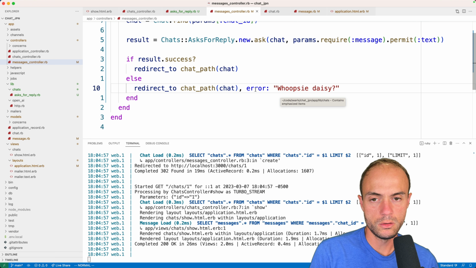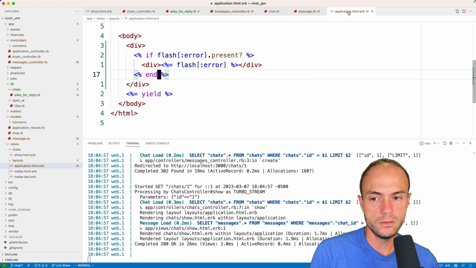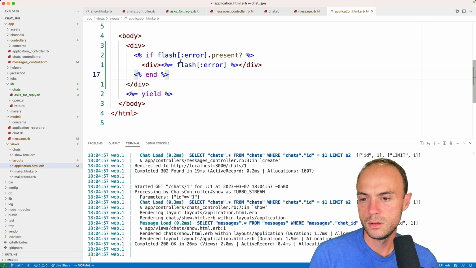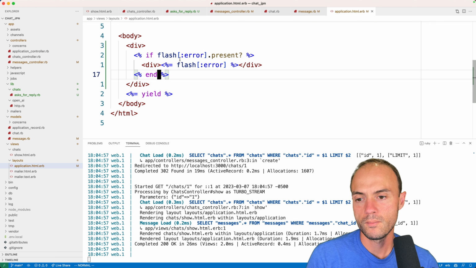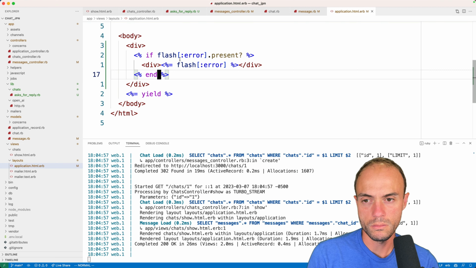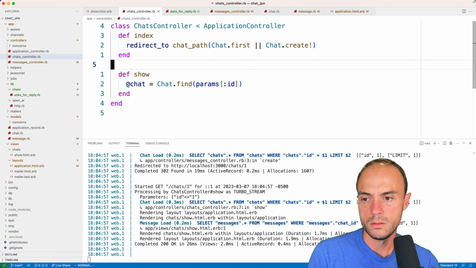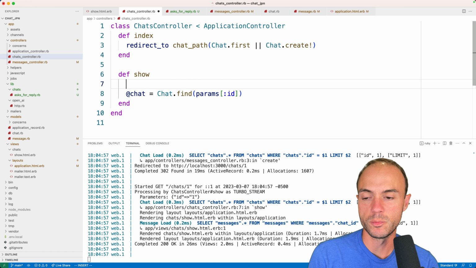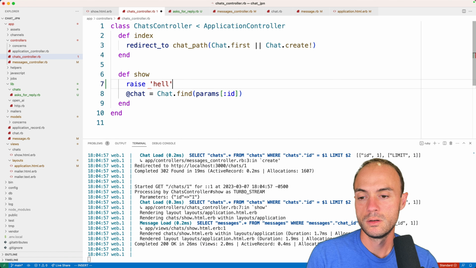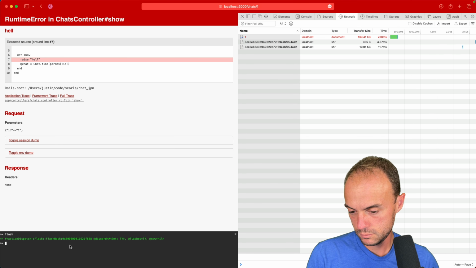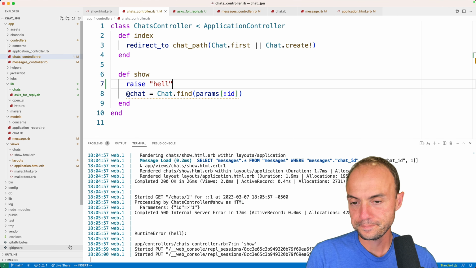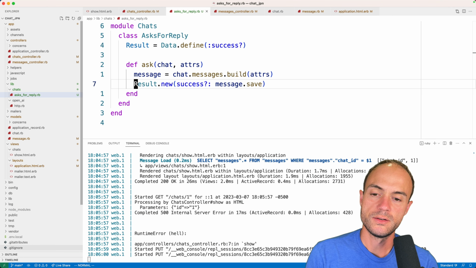Redirect to with error. I check the layout. Flash error. If flash is present, render the error. Oh, shit. Nope. Never mind. Sorry for the swear, everybody. That was premature. Let's see if there's anything to flash at all. There is not. Let's